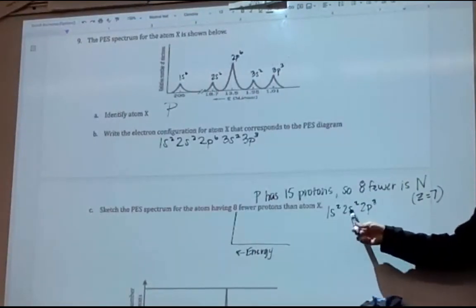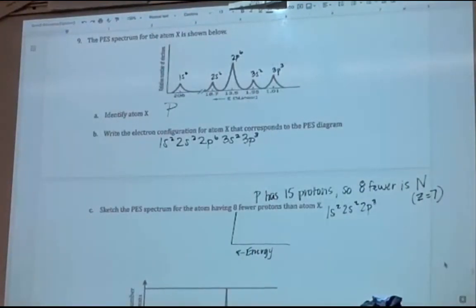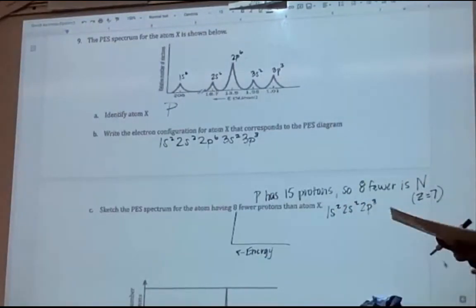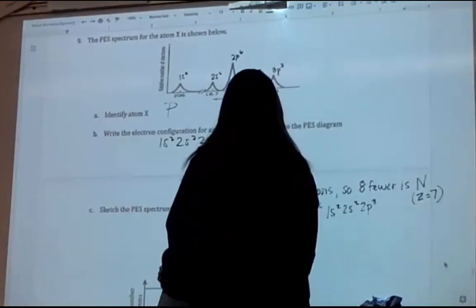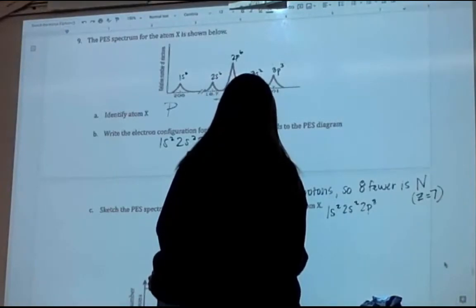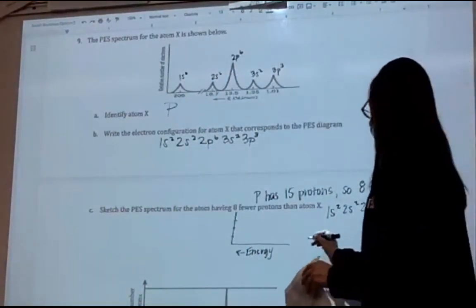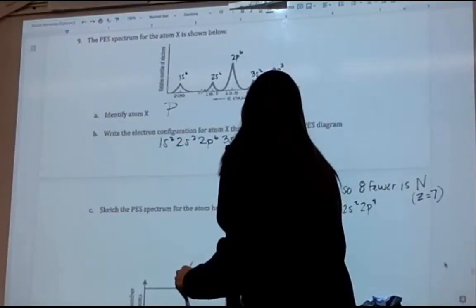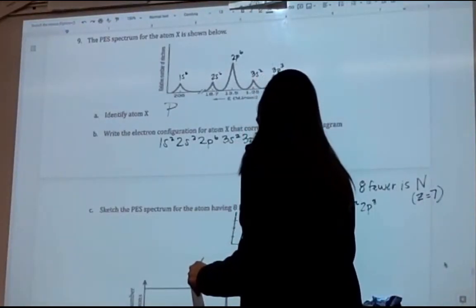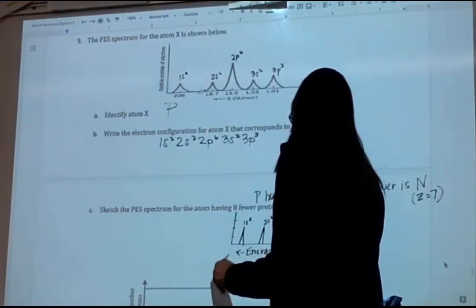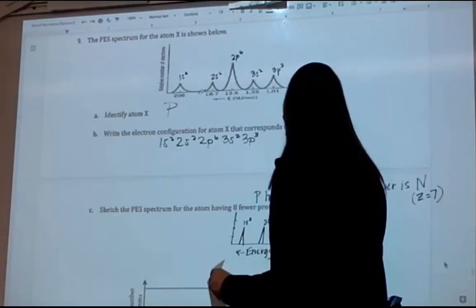Again, this tells me my number of peaks. So 3 sublevels means 3 peaks. And then the exponents tell me my number of electrons in each peak. So I'm just going to do this to help me represent my number of electrons. So 1s2, then 2s2, then